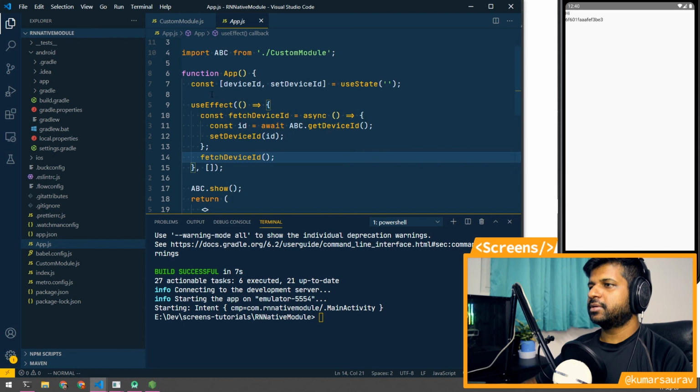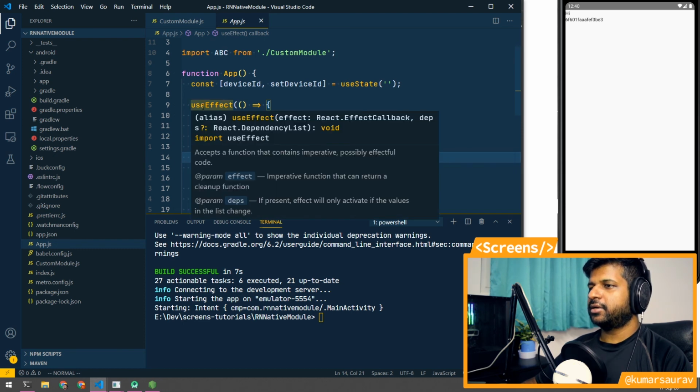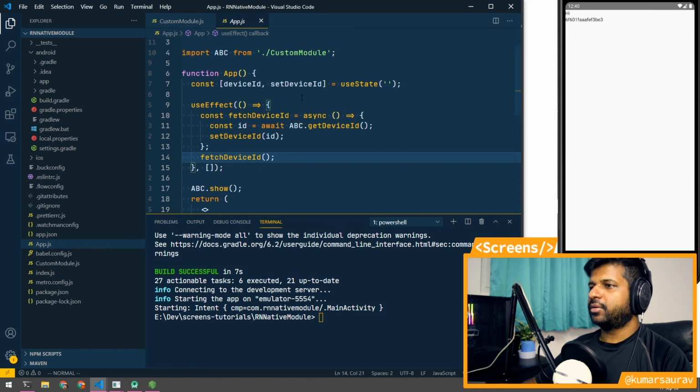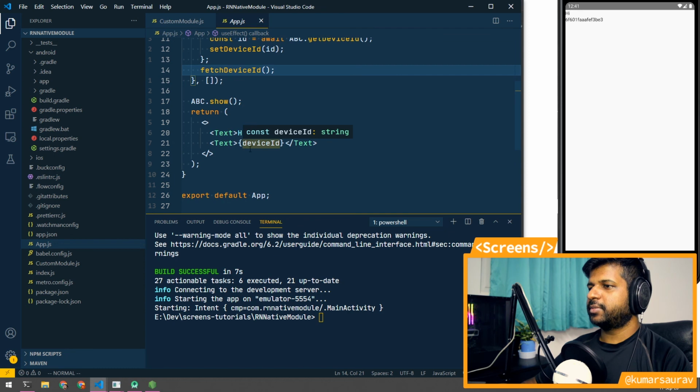And if you want to use the promise, we used a state called deviceId, and then in useEffect we created an async function called fetchDeviceId, and we awaited abc.getDeviceId. Whenever the promise gets resolved, we get the result in id, and then we set the deviceId as id, and display that device ID as a text field on the UI. That's how the React Native module works.